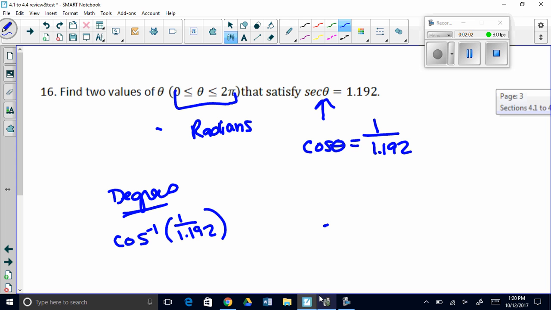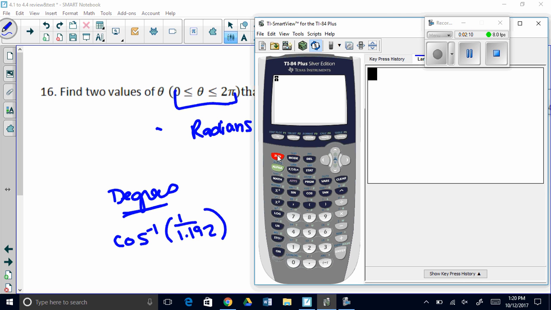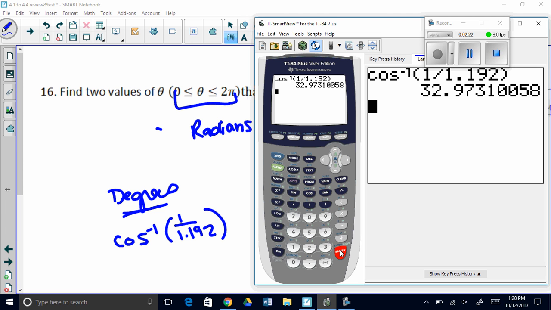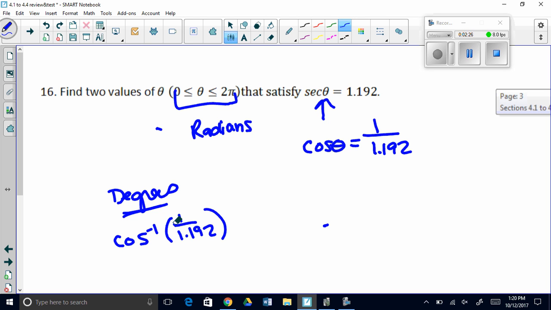And so then you type it in, you do the inverse cosine of 1 divided by 1.192. Close that off, hit enter, and we get 32.97 degrees. So we know that theta equals